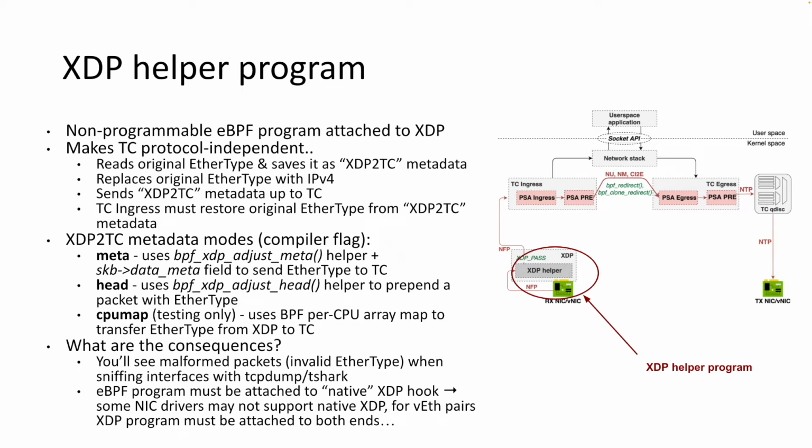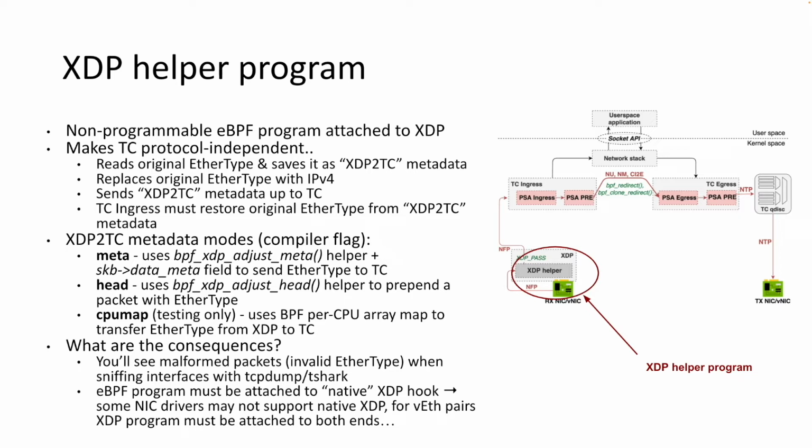Next, I will explain each component participating in the packet processing in more detail, starting from the XDP helper program. First of all, it is a fixed and non-programmable eBPF program attached to XDP, which processes every packet that is coming to the network interface. The question is, why do we need this program? During the prototyping phase, we encountered a major limitation of some BPF helpers that are available in the TC hook. The limitation is that some of BPF helpers are dependent on the packet type and fail for other Ethernet types